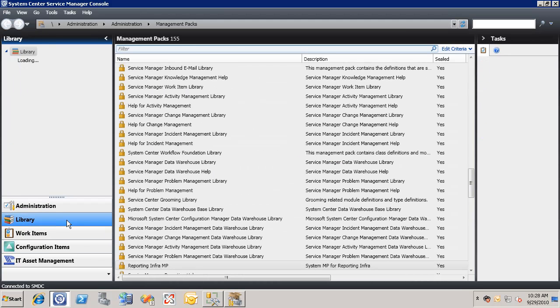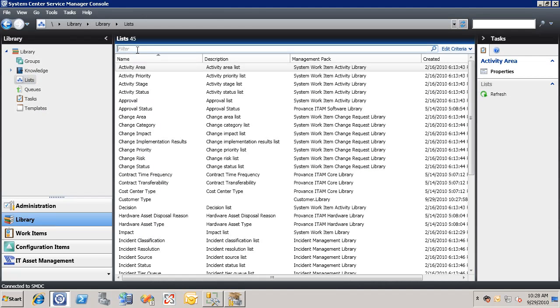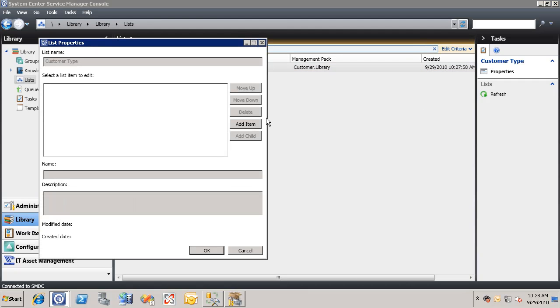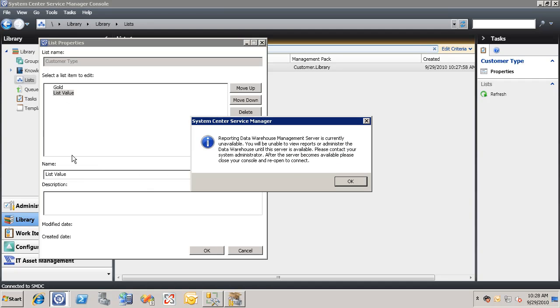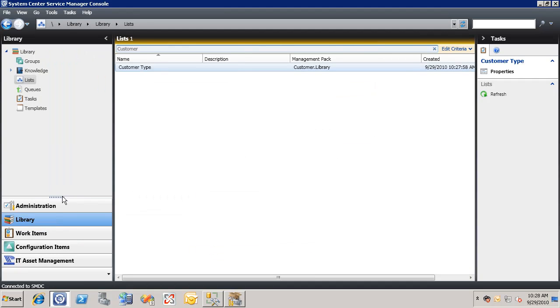Okay, so let's go again to library and add a couple list options. Okay, and now if we go to configuration items again,